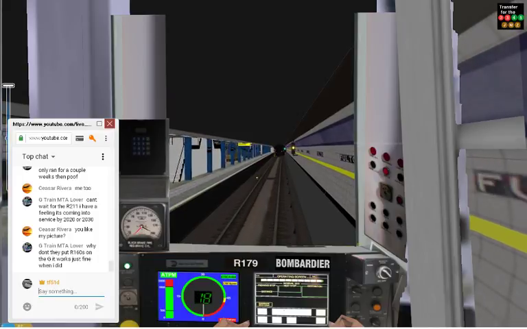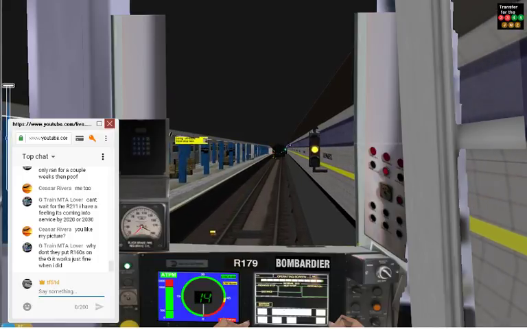This is Fulton Street. Transfer is available to the 2, 3, 4,